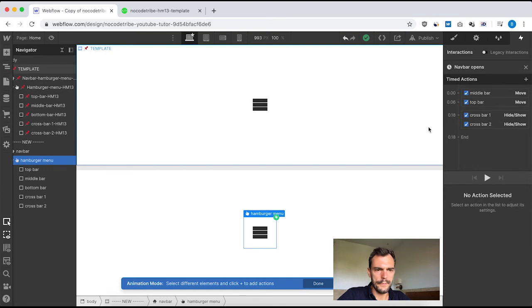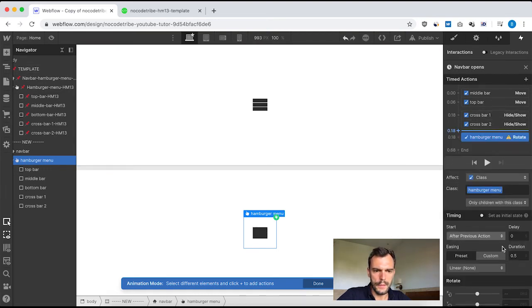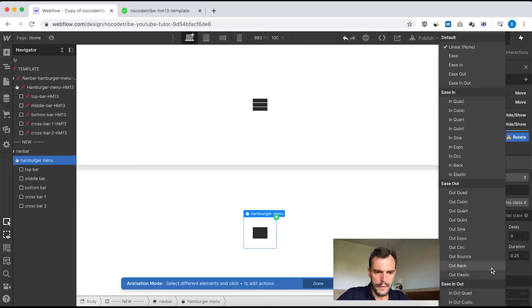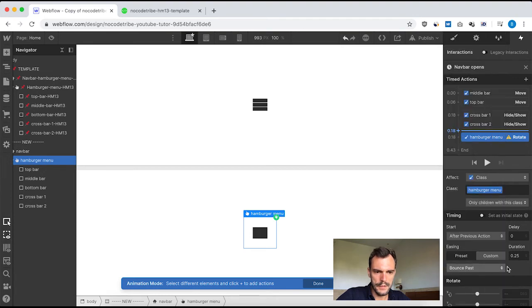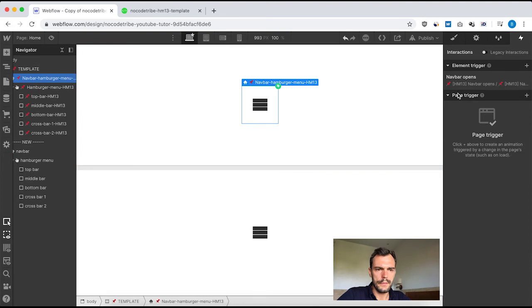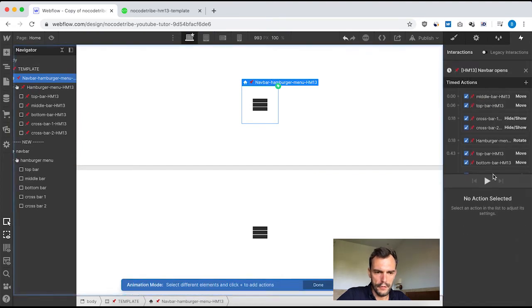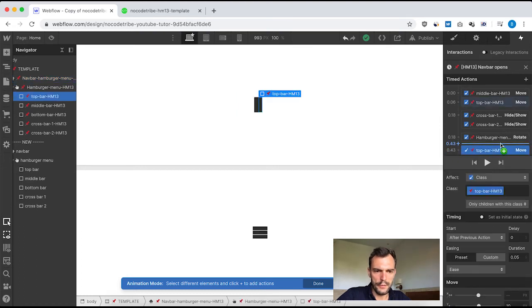So hamburger menu here at 0.18, I want to rotate 0.25. Here is the bounce past, so this easing here, 90 degrees on the z-axis. Okay, template. Navbar opens, so this is done, we've just done it. So now at 0.43,